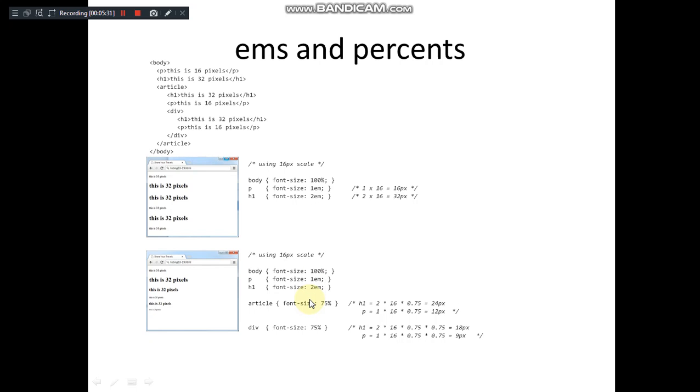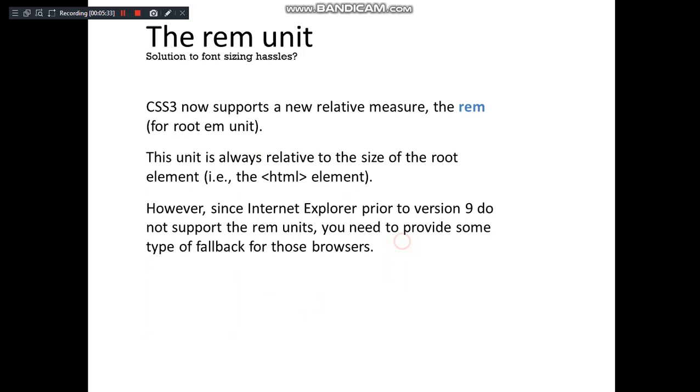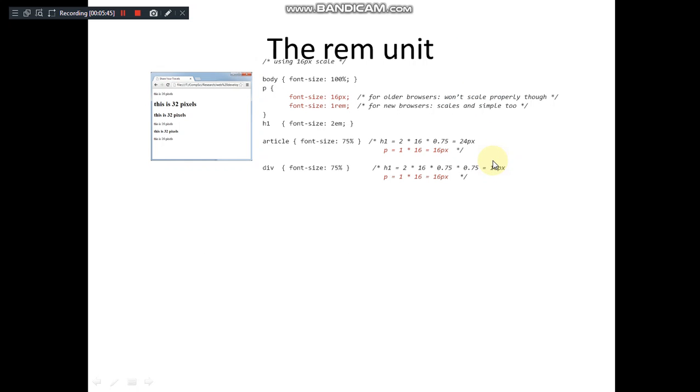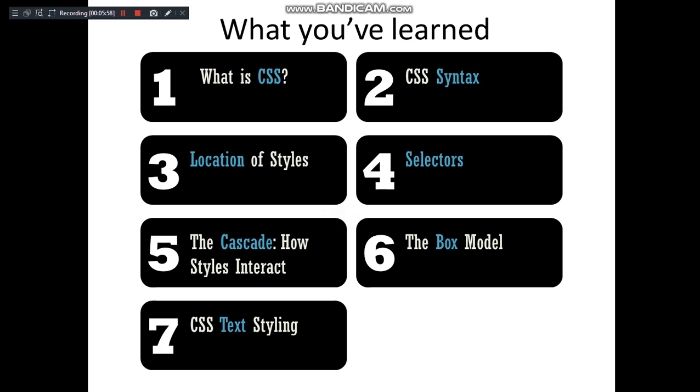Again, here is an example on this. Then the rem unit, the root em unit. This unit is always related to the size of the root element, that is the HTML element. It is not related to its parent element. That's the only difference; otherwise it is similar to the em unit. So it is always taking 16 pixels, and with respect to that it is changing here. You are able to see the change compared to the previous example.